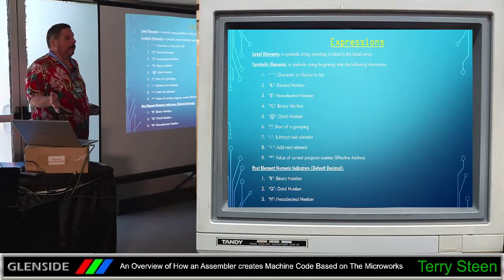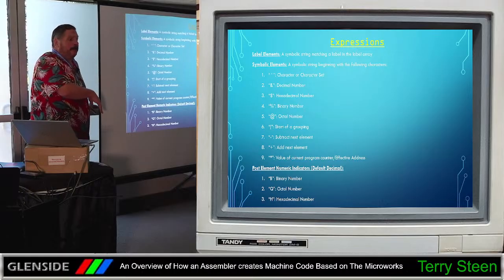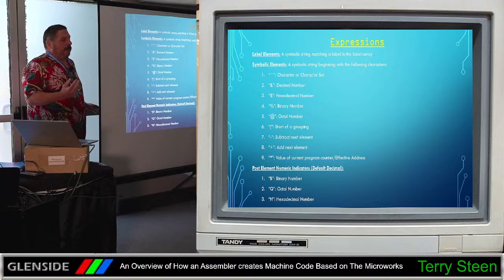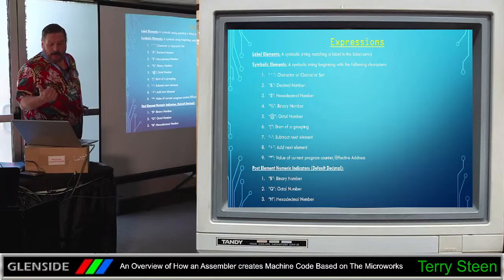Okay, so that's memory. Now get to work with expressions. Whenever you look at assembly code, you'll see something like load a number $, or store a vector tab. Each one of those is an expression. And the assembler has to figure out what to do with it, because it doesn't mean anything to machine code. So when it looks at it,